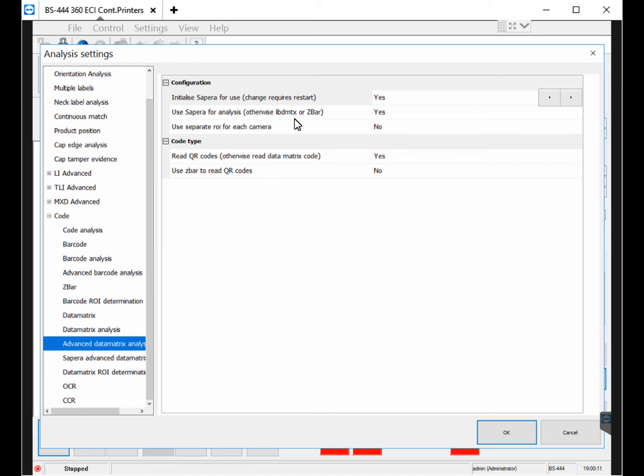And libdmtx, I don't know what it is, but maybe in the future they will have a new way to read them. I don't know, but they're working with it. Use separate ROI for each camera. We say no. Normally code type read QR codes or data matrix. Well, there's ECC 200 codes or QR codes. So they're not completely the same, or they're very different, but then you can decide to also want to read